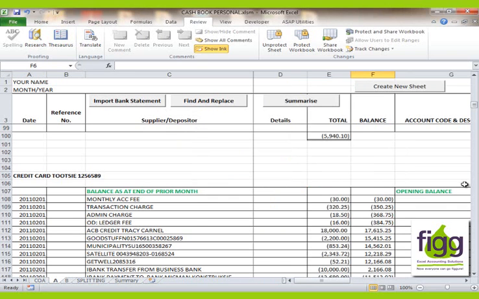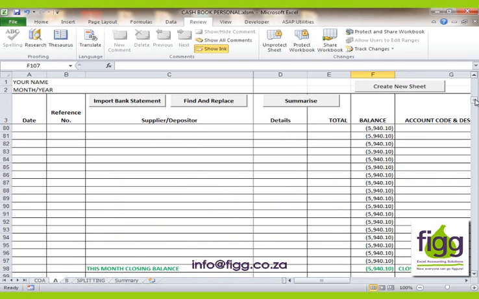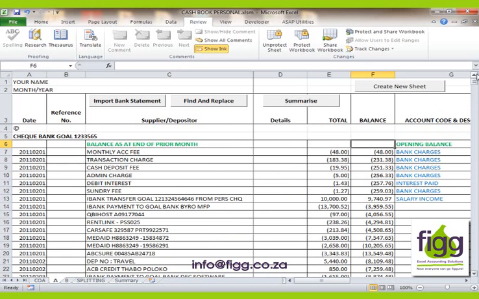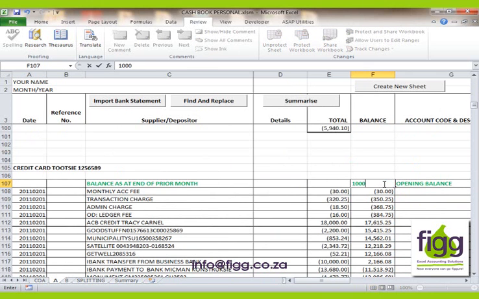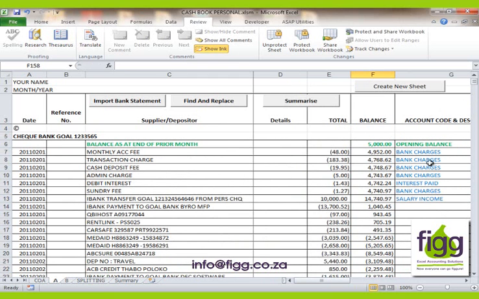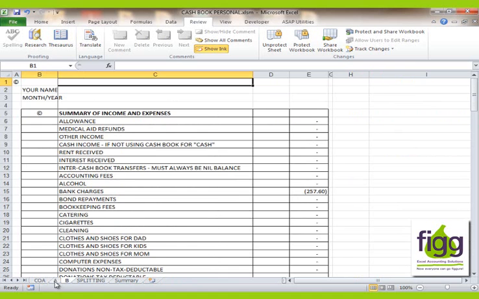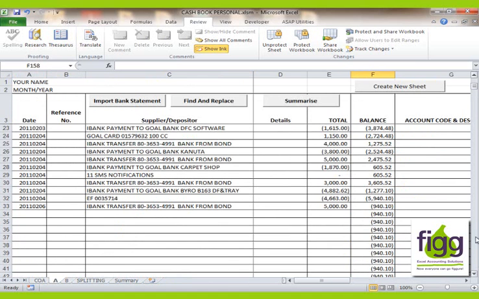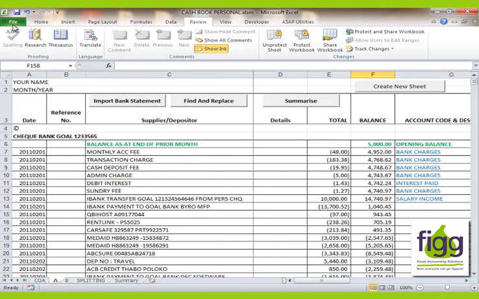The very first time you use the product, you will enter all the opening balances of the bank accounts that you will be having cash books for. So let's enter 5,000 for this account and 1,000 for that account. And once you have allocated all your transactions and checked your summary of income and expenses and made sure that your closing balances agree to the bank statement, you will save your file